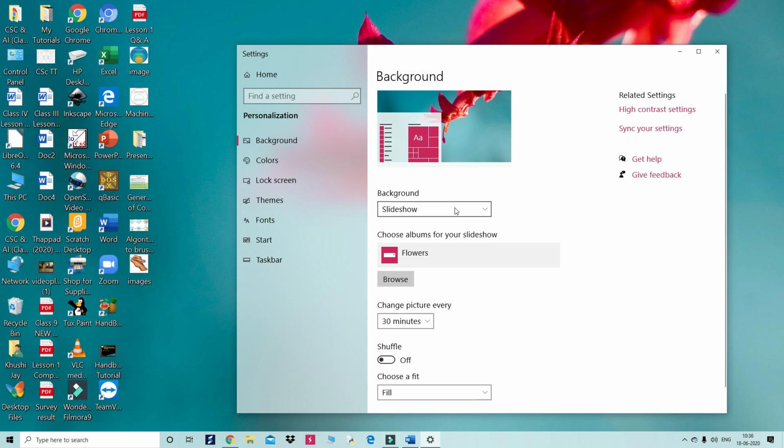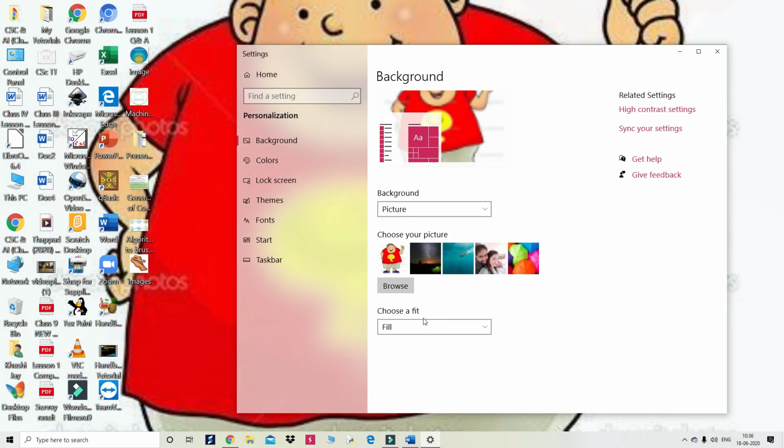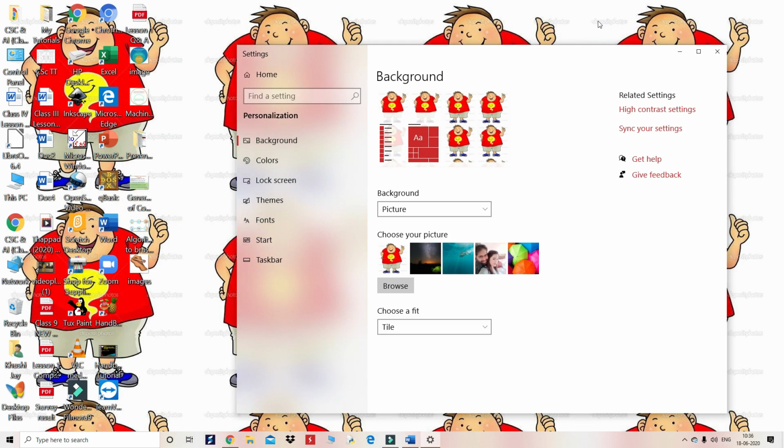Just click on picture. Then see, there are options. Choose a fit, that is called fill. So the picture comes on the whole screen. Next is the tile option. Let's see what it will do. The images are tiled, meaning the images repeatedly appear on the desktop.